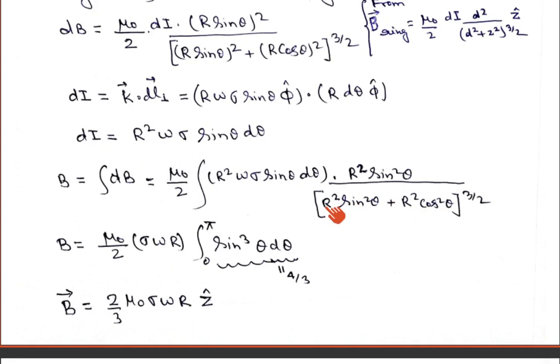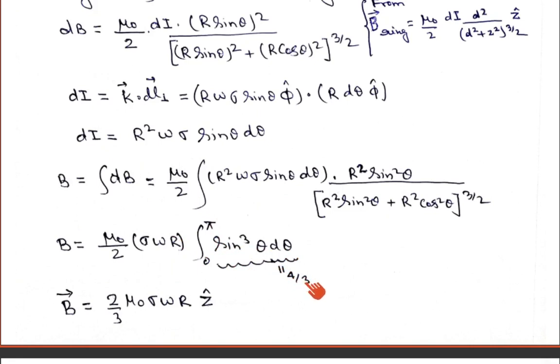So this denominator will get r cube, because this r square and 3 by 2, so r cube, and this r cube and this r square and 1 r is here, that is cancelled out, only 1 r will be remaining here, and this sin theta and this sin theta, that will give the sin cube. Okay, and so what will be remaining, that mu 0 r omega sigma, this will be remaining, to mu 0 by 2 sigma omega r integral, that is obviously in terms of sin cube theta d theta, that is why we can write limit 0 to pi sin cube theta d theta, and this is a standard integral that has value